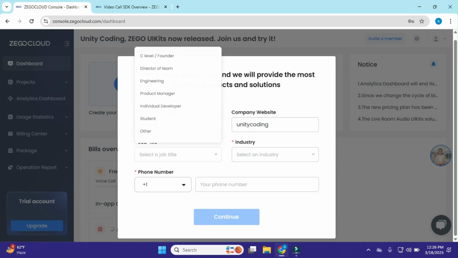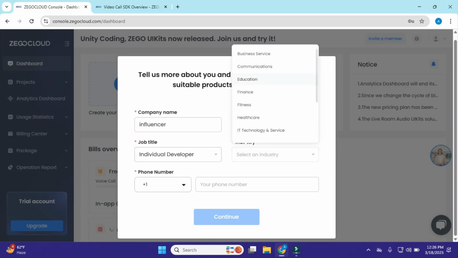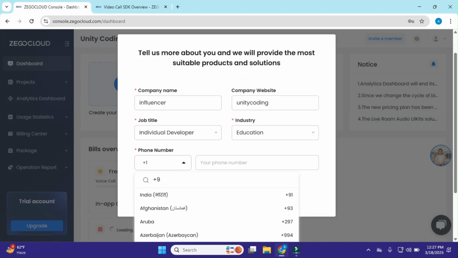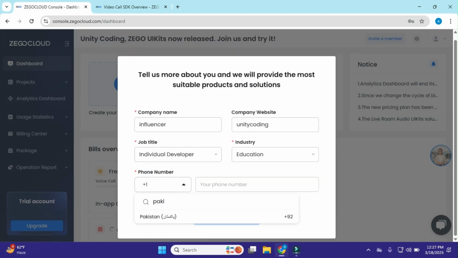Okay, and job title, I am also an individual developer, and industry education, and I'll select my contact number from here. Okay, so just add Pakistan and add your number. Okay, and just click on continue.